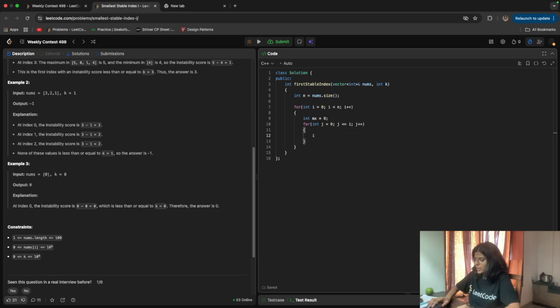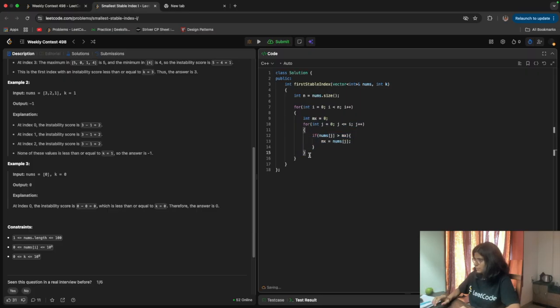If nums j is greater than max value, we need to update the max value as we are finding the max. So max is equal to nums j, and likewise we need to find the min value.